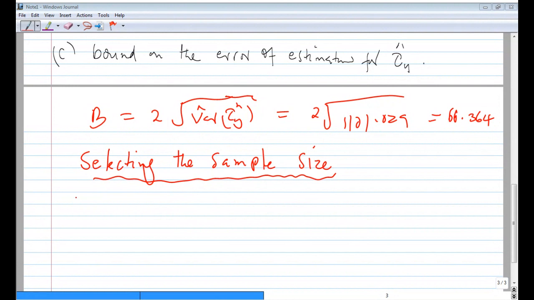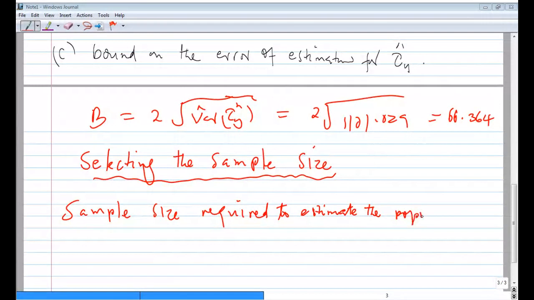So now, the sample size required to estimate the population ratio is given by